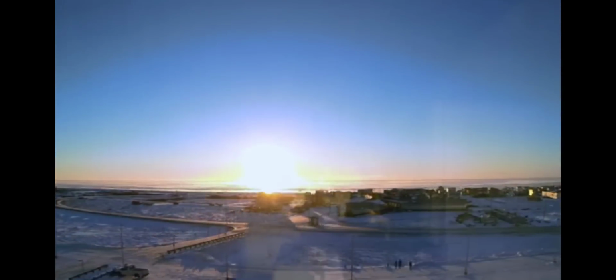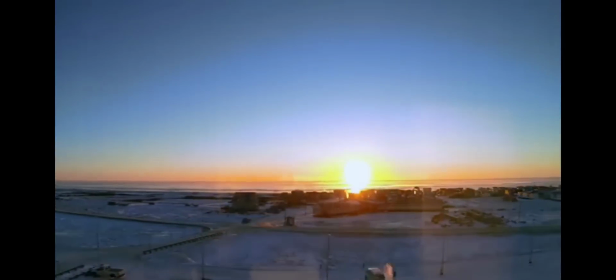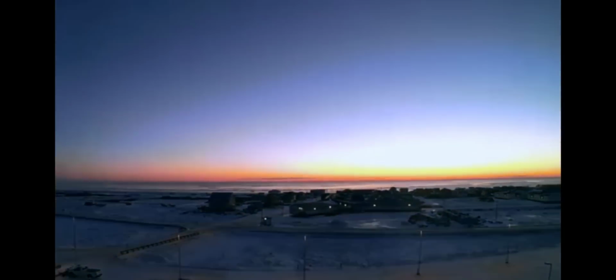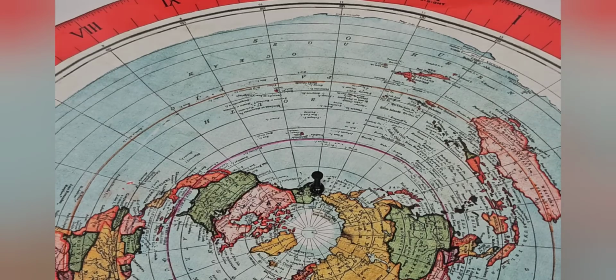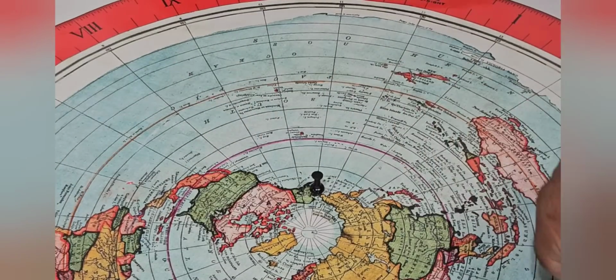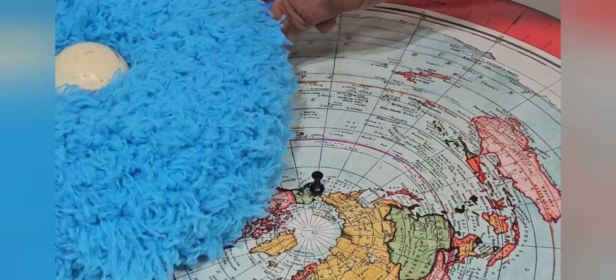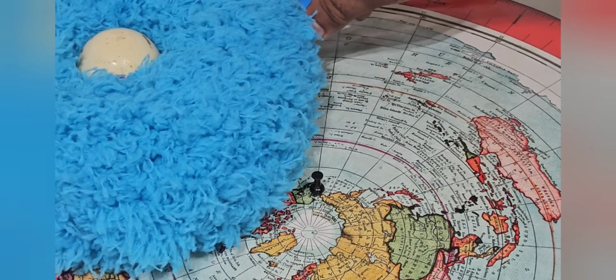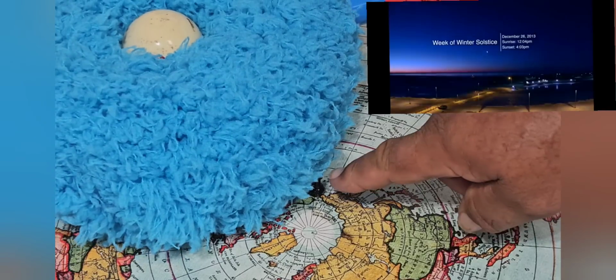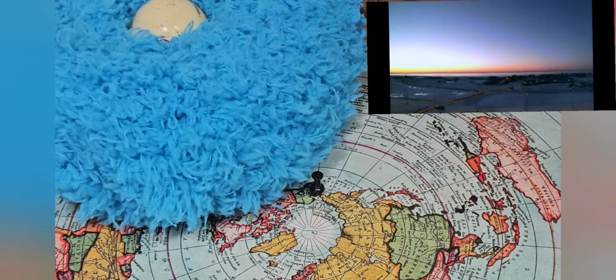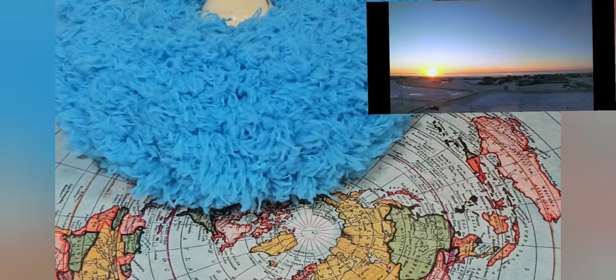Now this is a time lapse from Nome, Alaska, winter solstice. Now the sun's gone, and now the light disappears. Okay, back to our model. Let's see how it matches reality. Okay, so here's the winter solstice right here, and there's Nome, Alaska. Now the sun's going to follow the winter solstice. Now, as soon as it comes right there, you see it hits daylight. Now you see daylight. Now it keeps going,